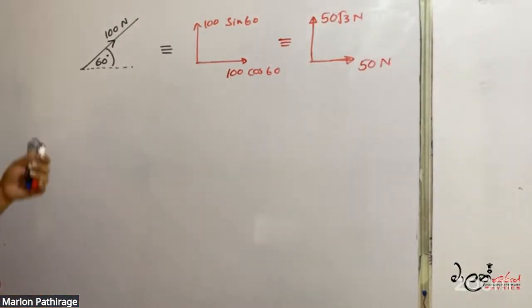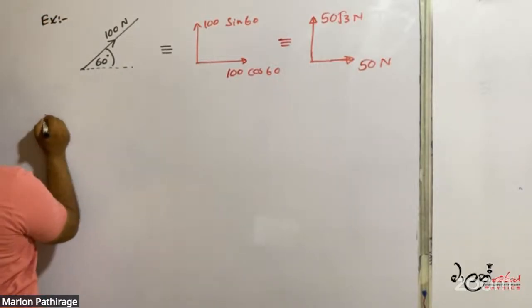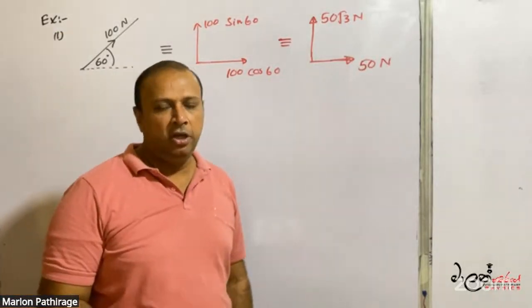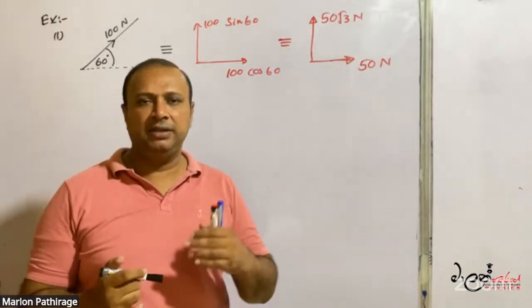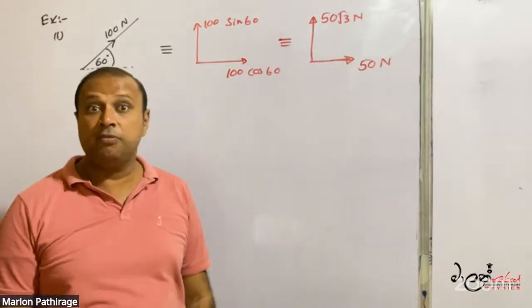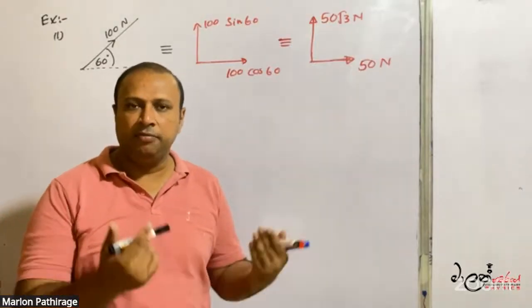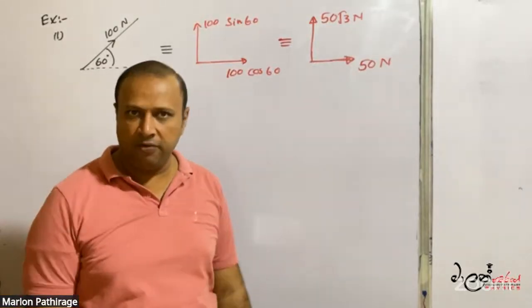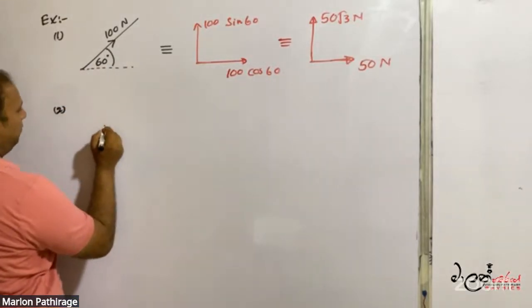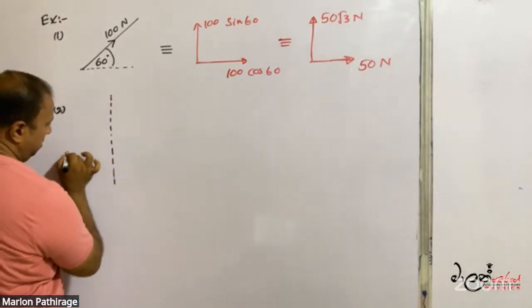This is one example. Suppose you are given more than one vector. If you are given more than one vector, that is called a vector system, or system of vectors. So if you are given more than one vector to resolve,